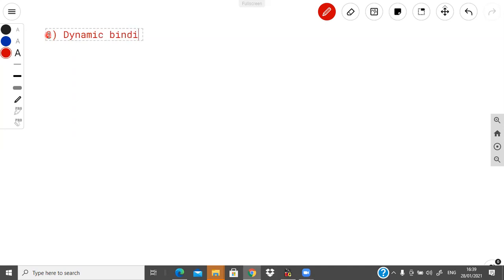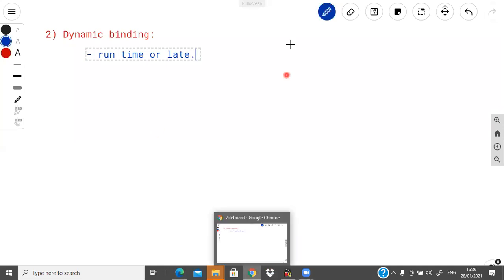Dynamic binding. So what is the meaning of dynamic binding? It is also called runtime binding or late binding. Dynamic binding or late binding means that in this method, the decision to establish the link between the function call and the function definition is made at runtime.